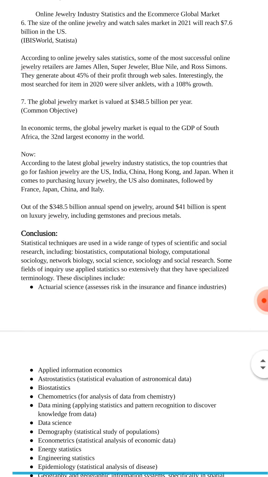Conclusion: statistical techniques are used in a wide range of types of scientific and social research, including biostatistics, computational biology, computational sociology, psychology, network biology, social science, sociology, and research. Some fields of inquiry use applied statistics so extensively that they have specialized terminology. These disciplines include